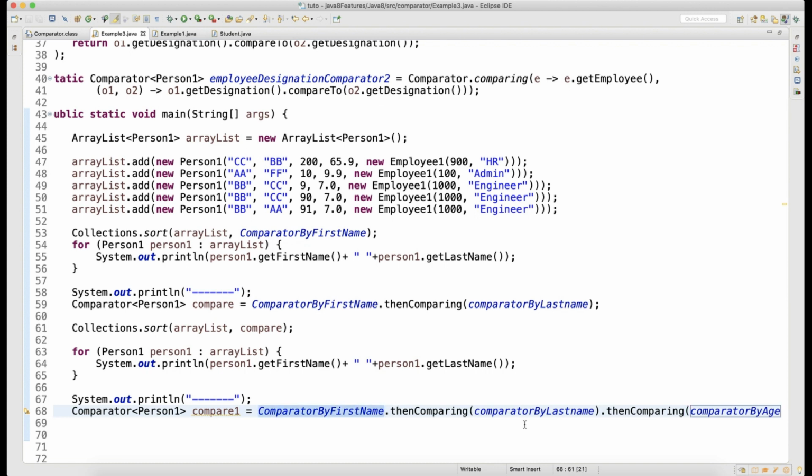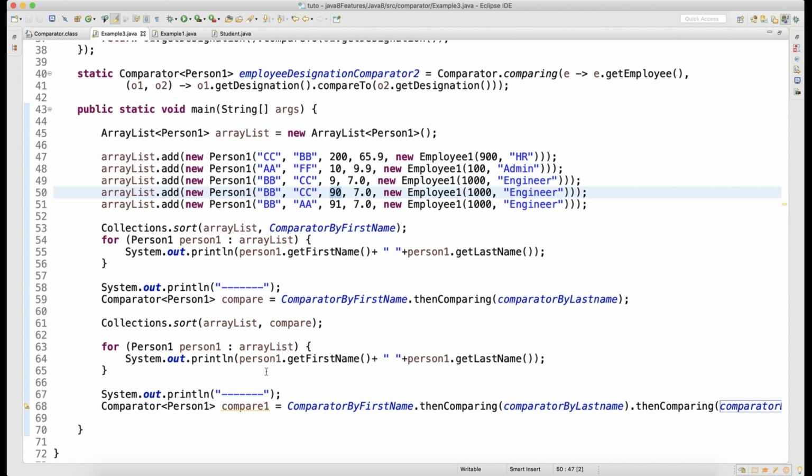It will compare on the first name, then if there is any duplicate data, then it will compare by the last name, okay, and even in the last name if there is any duplicate data, still comparison will happen based on the age. So here CC to CC is duplicate, so here compare will happen on the age also, right? 9 and 90.